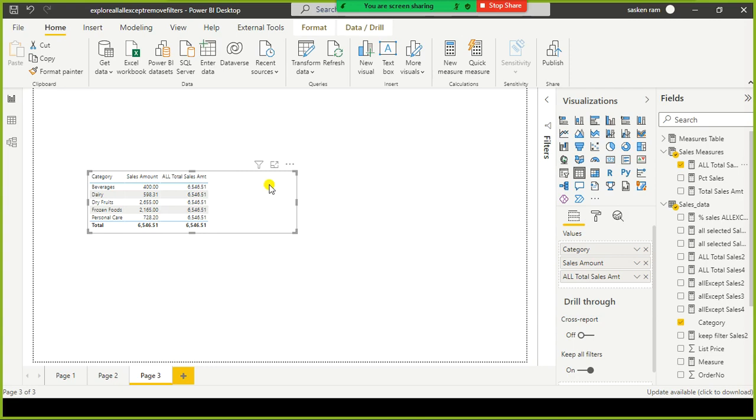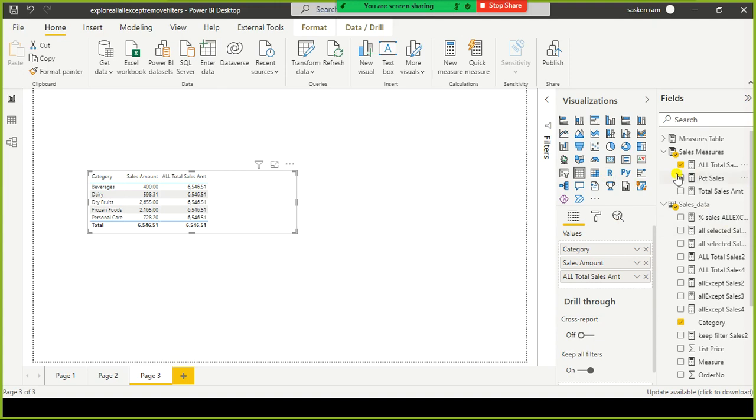In order to do that, in Excel, we can do it in a very simple way, whereas when it comes to Power BI, you cannot do it that easily. So in that case, what we need to do is apply the ALL function. We are removing the filters on the category column so that the overall total value gets repeated across the rows. So now it is pretty simple. If you divide each sales amount by this total sales, since it repeats for all the rows, it is much easier to calculate the percentage.